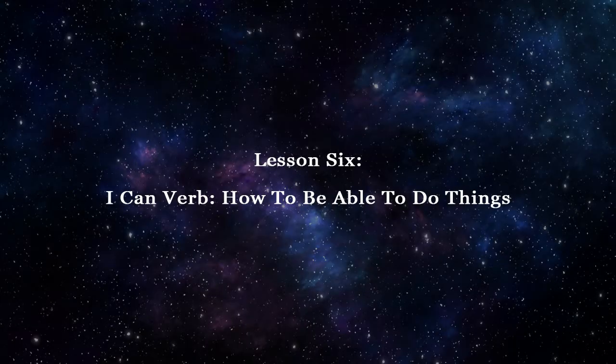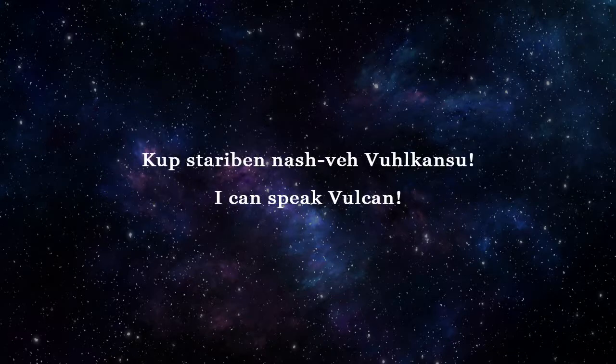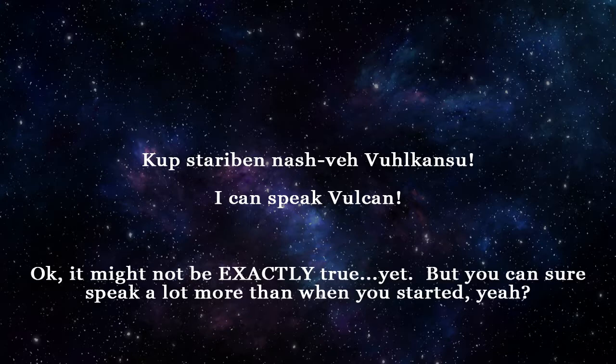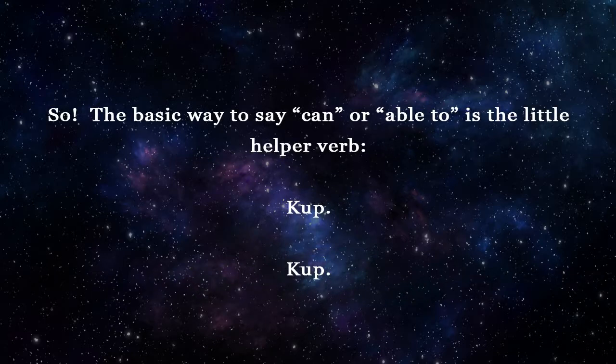Lesson 6. I can verb. How to be able to do things. Kupstariben nashve Vulkansu. I can speak Vulcan. Okay, it might not be exactly true yet, but you can sure speak a lot more of it than when you started, yeah? So, the basic way to be able to say can or able to is the little helper